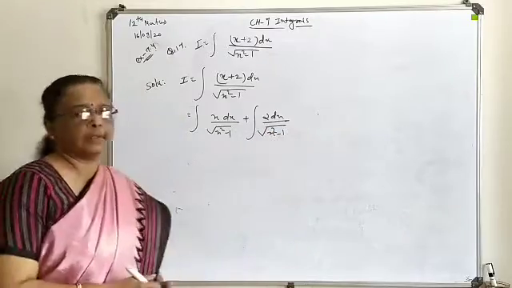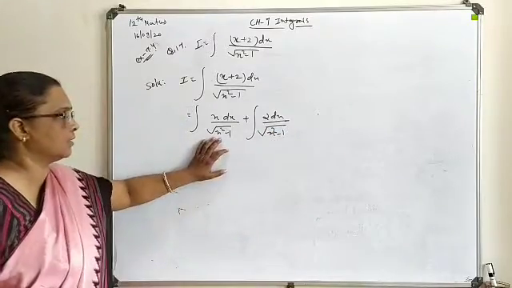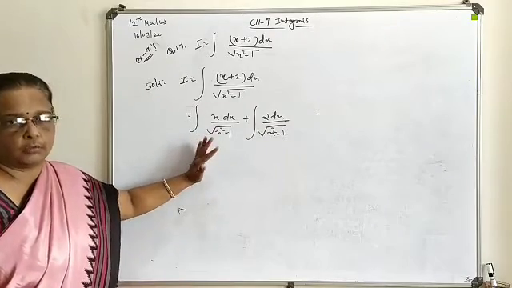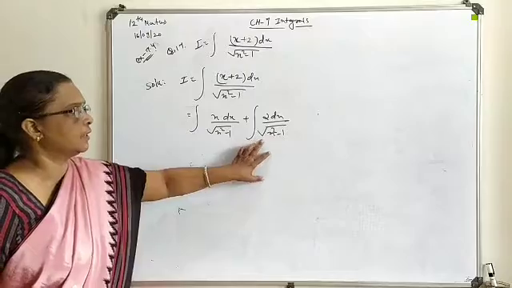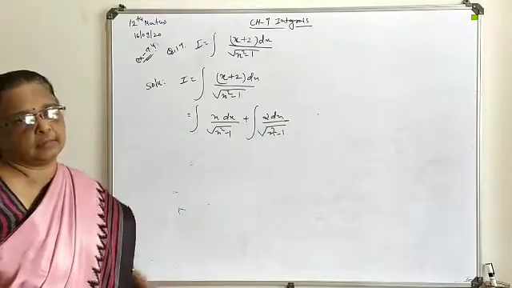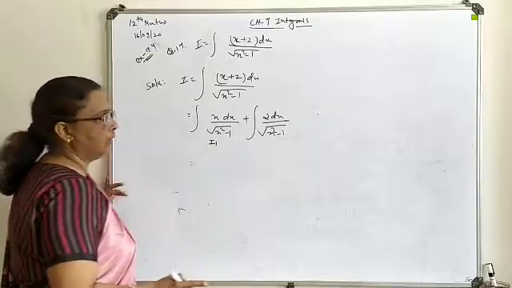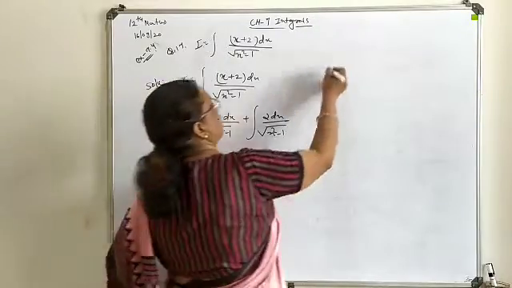Now these two terms we will handle separately. This one you can say is I1, or here also you can proceed with the solution form. This is the direct formula we have, so it can be implemented directly. Now this one we are going to treat as I1, so let it be sorted out separately.